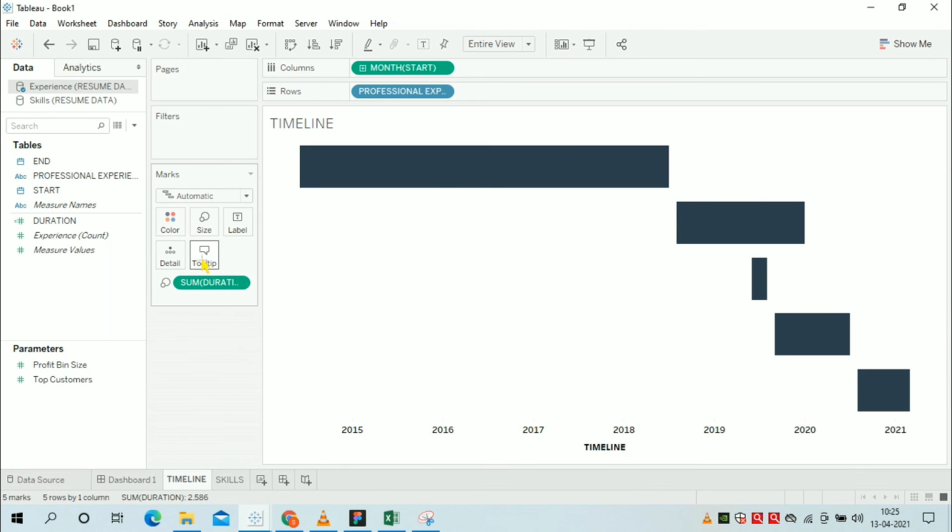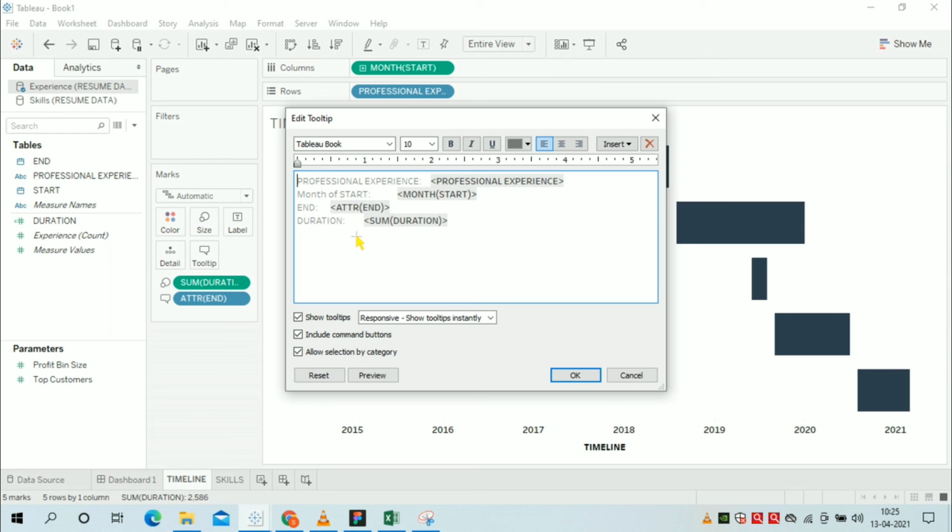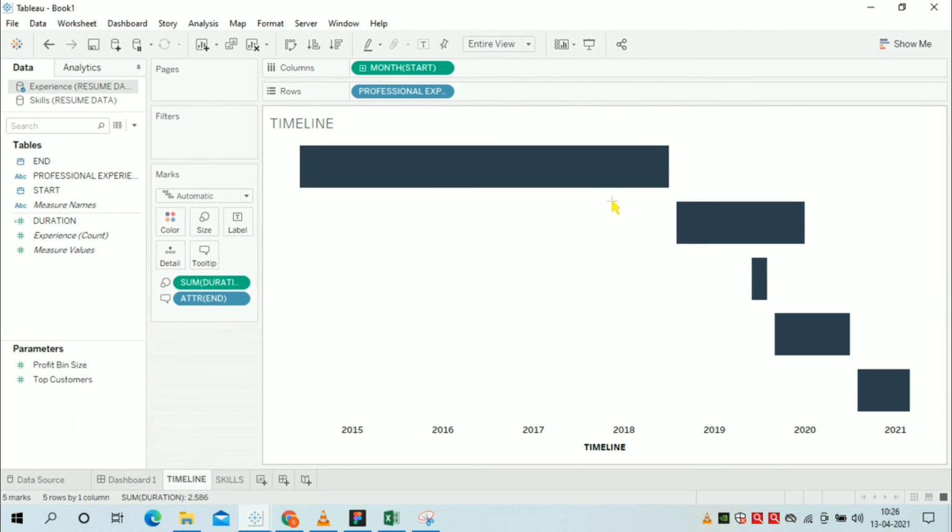So at the end we'll add the tooltips. Just adjust the tooltips accordingly. You can do this on your own. Just instead of month of start, just write start. You can add extra information in the tooltips as well.